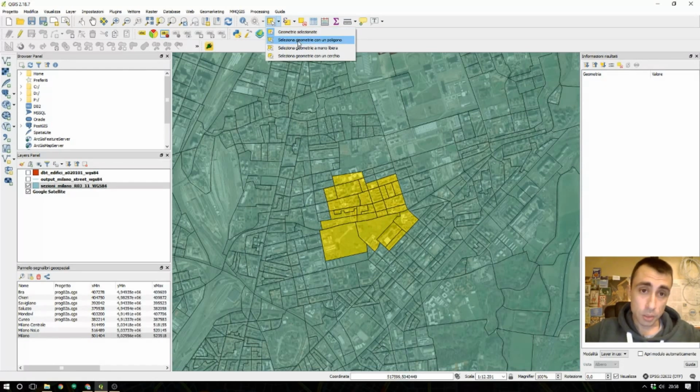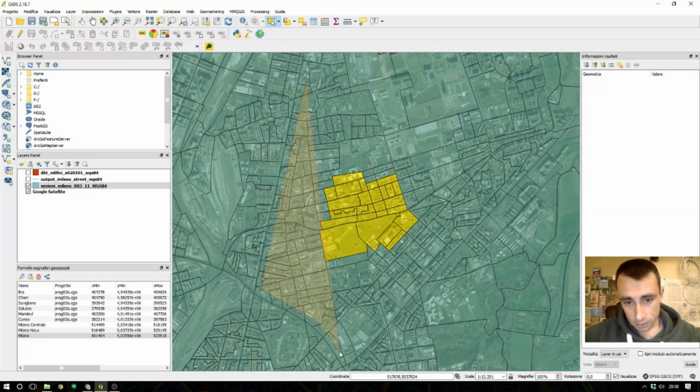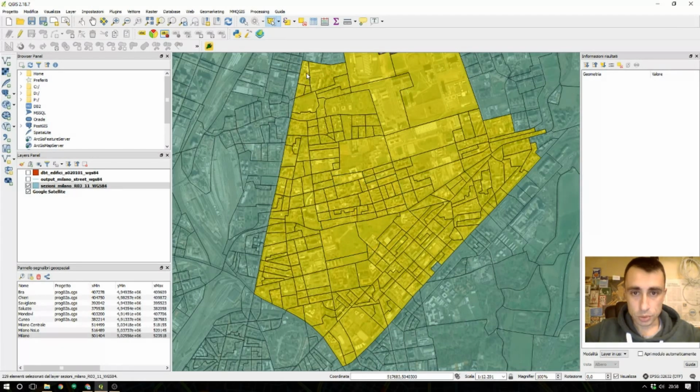I can choose a geometry selection button with polygon, then draw the whole area, and it will take all sections that are affected by the polygon, drawing with the mouse. Don't worry because you can add or remove sections afterwards if you change your mind.